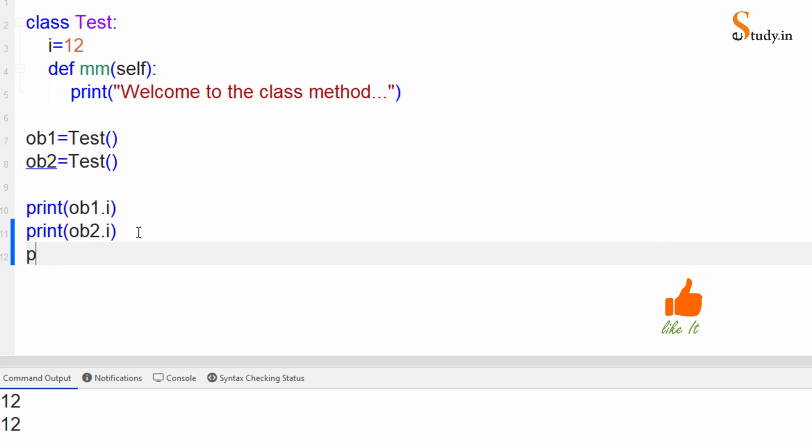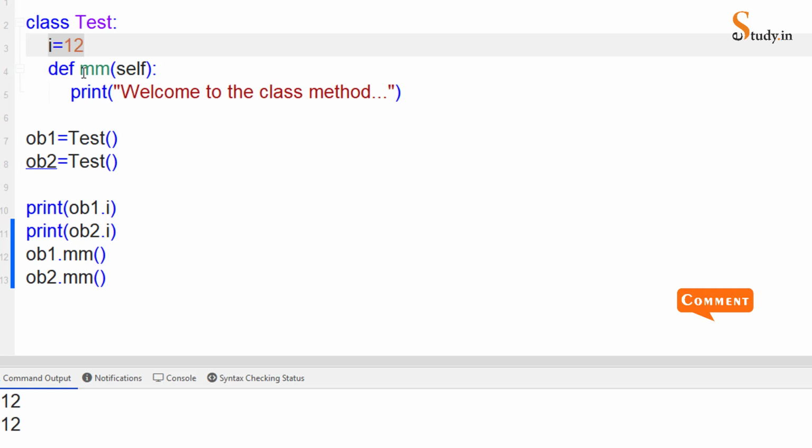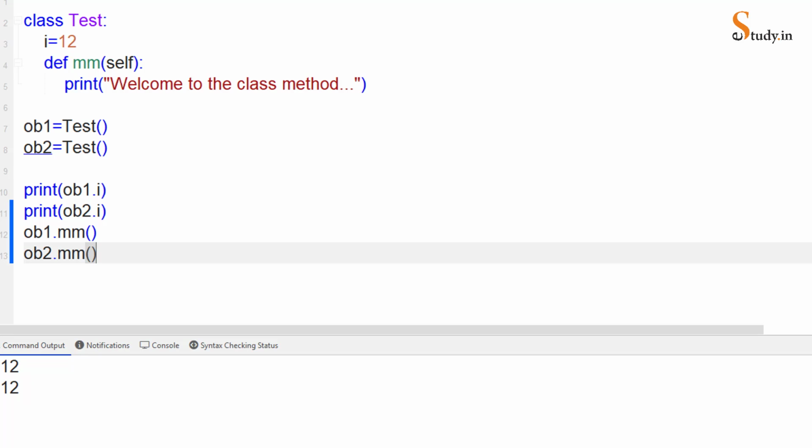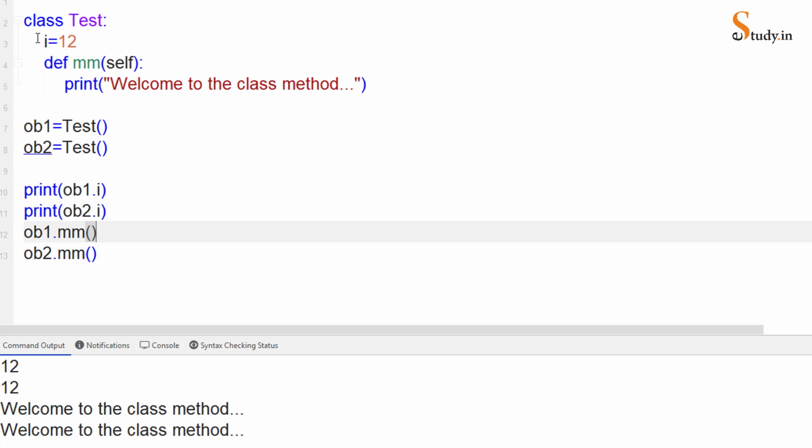So here I'll simply say ob2 or ob1 dot mm, and similarly we can say ob2 dot mm. So using the dot operator we can access or we can make a call to the properties or the functions of the class. So when you run it now, you get this output. Okay. Now that we have understood how to access the properties or the functions of the class, so let us